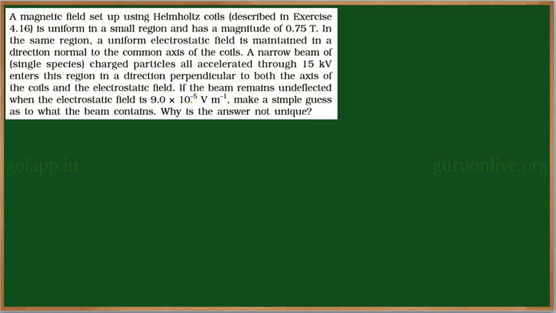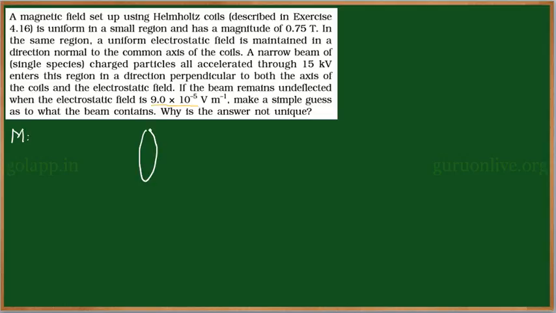In this problem, we have an error, that is this electrostatic field value 9 into 10 to the power of minus 5 volt per meter. If you use this value, we won't reach the answer that is described in the textbook. So according to the textbook, we need to follow it. If we use 9 into 10 to the power of 5 volt per meter, then we will reach the exact answer which is given in the textbook. Our motive is,